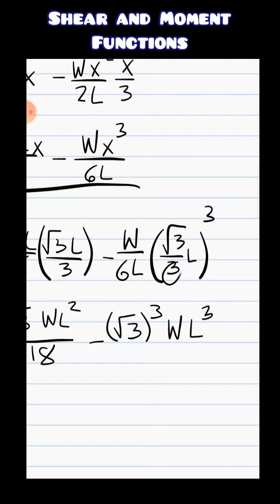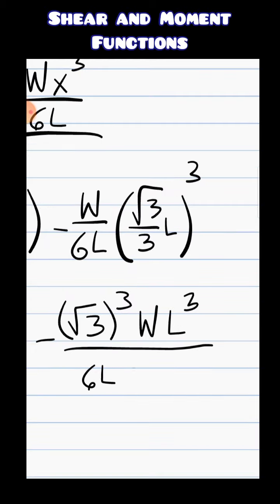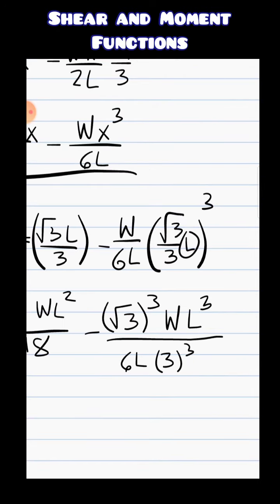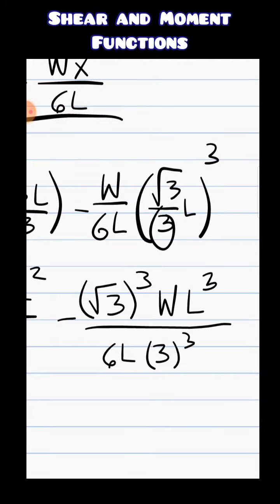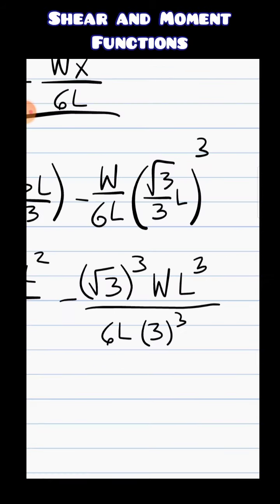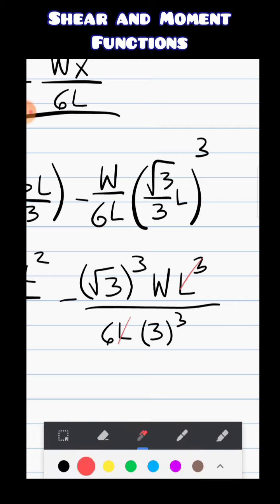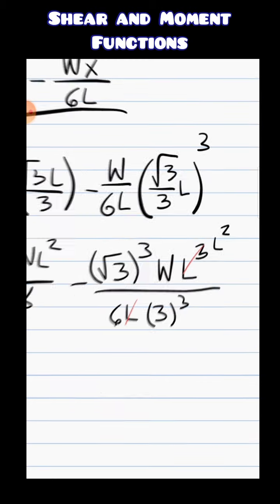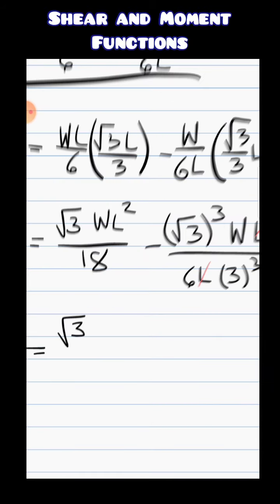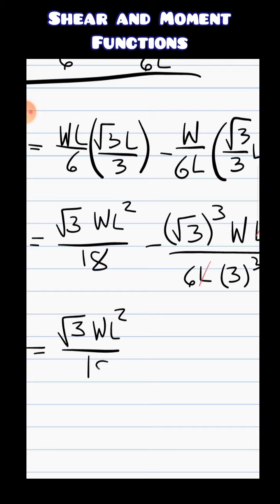This one will get cubed, and this one will get cubed too, so below we have 6L times 3 cubed. As you can see, L will get cancelled below, and this will become L squared. That's it. Square root of 3 WL squared over 18 minus